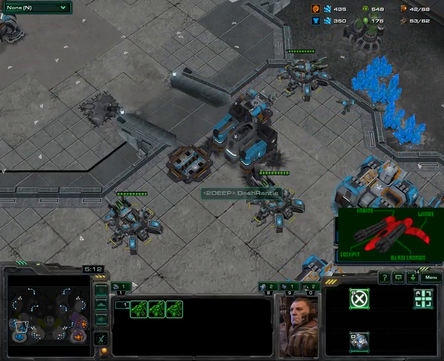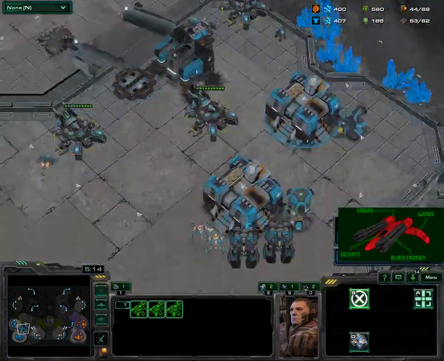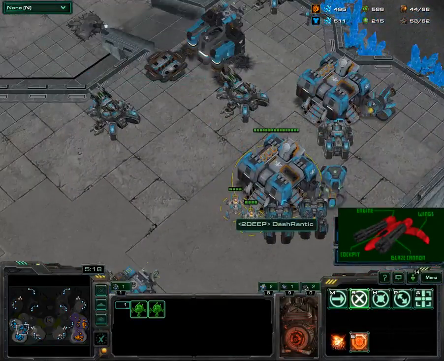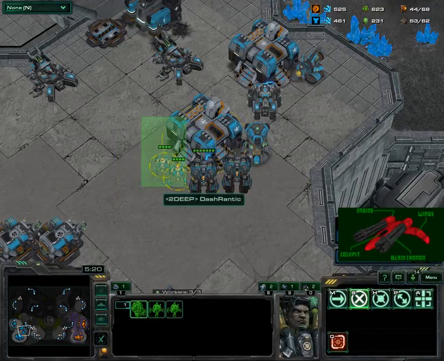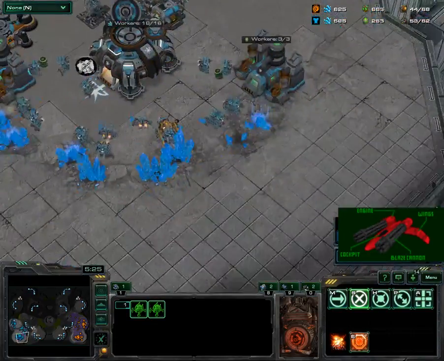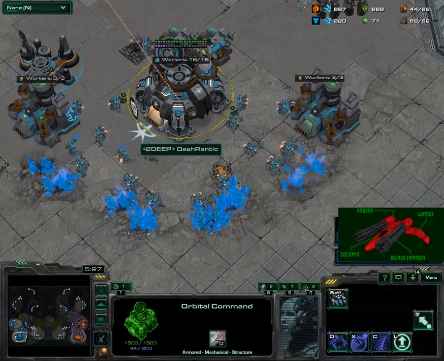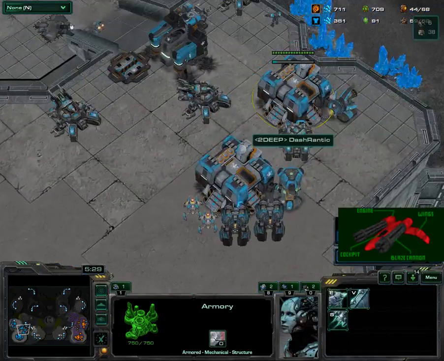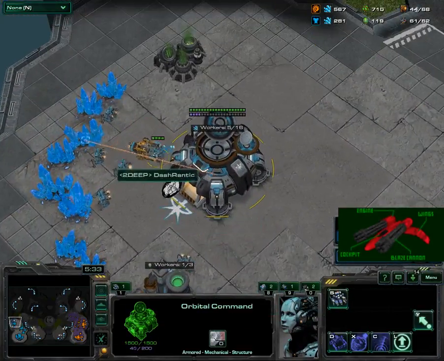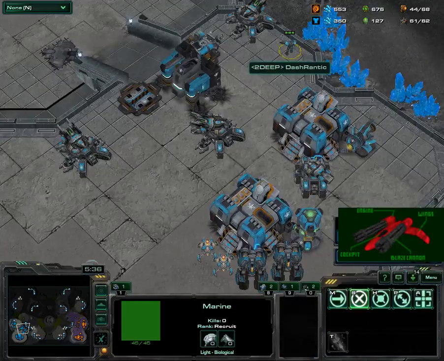Dash is pretty heavily fortifying his main's ramp, even getting a couple of mines, though it's a bit of a shame they just sit here, built but not actually in a defensive position. He's got the armory, so he's building that Thor to get some semblance of anti-air, because so far all he's had